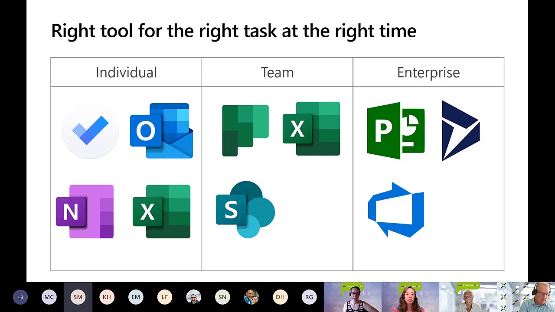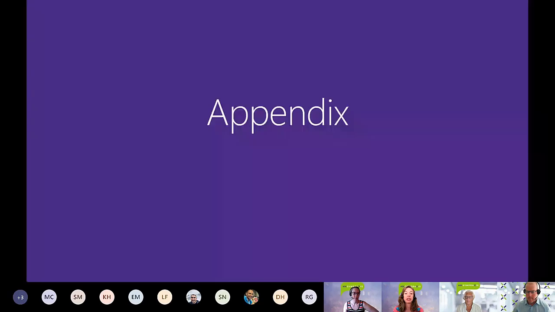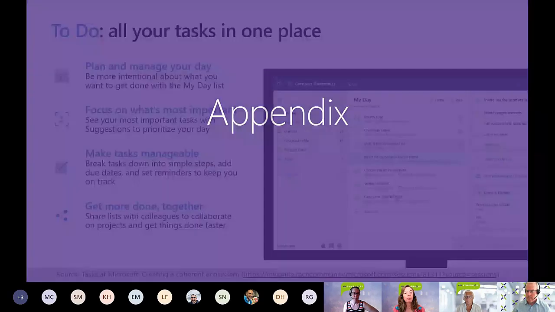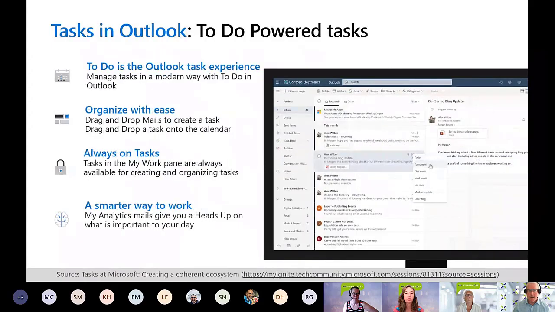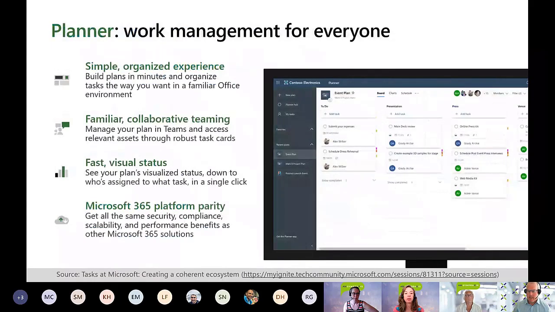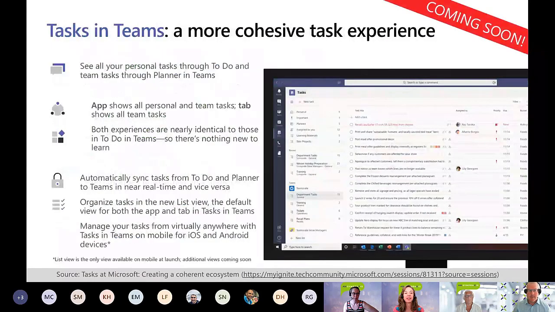So we have another slide, Mike, if you want to advance into our appendix. To-Do will be better integrated with showing in Planner in the app within Teams. Right now it's called Planner, but it's going to be renamed to Tasks. I believe it's the fourth one in. All right, yep, Tasks and Outlook. Yep, and then Planner, after Planner. Tasks in Teams. Here we go.